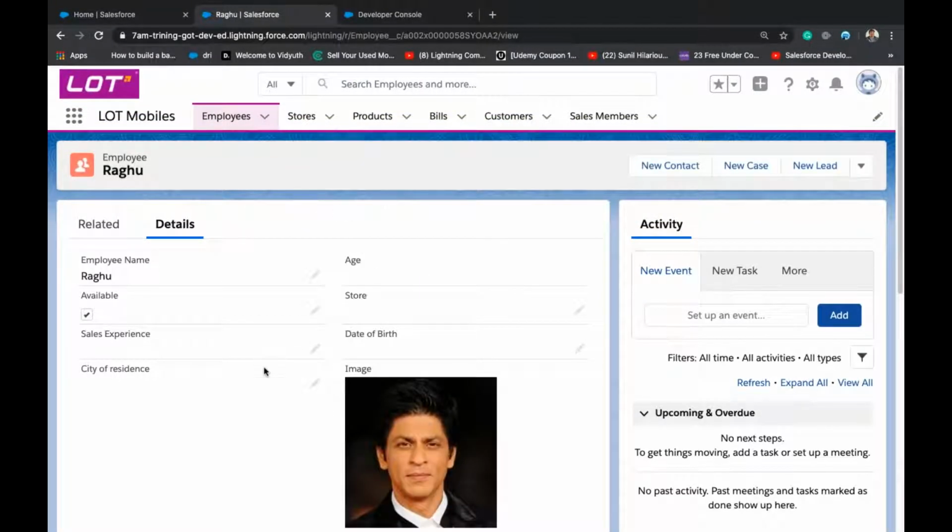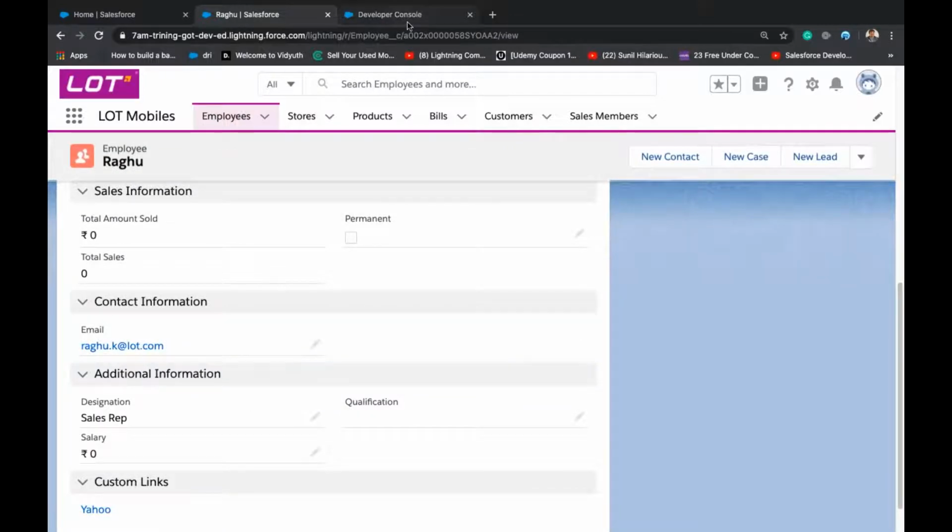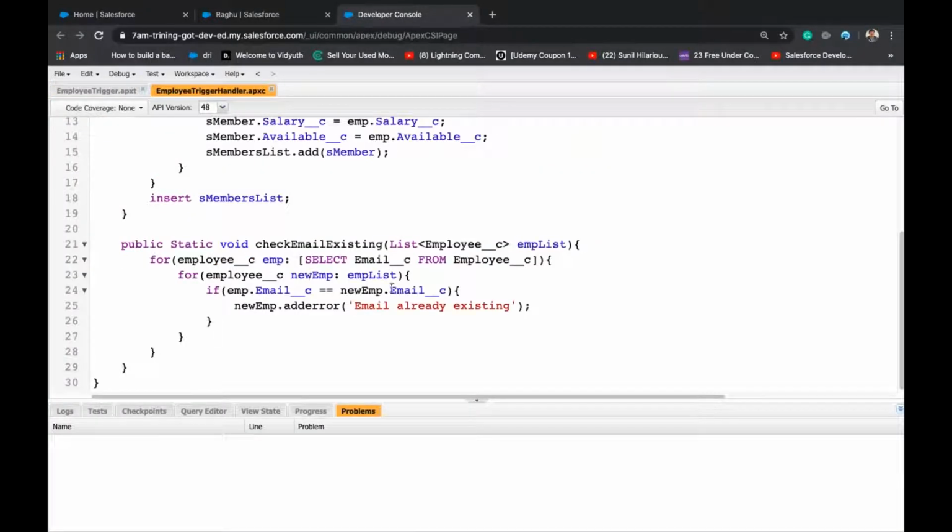So we cannot check this. We cannot write this kind of validation in point to click because we don't have an option to check the database in any of the tools. We have an option to check from the database in flows. Apart from flows, we cannot do this logic in any other point to click. We'll discuss flows later because you need to understand what is variable, what is query, all those things. That's why I told you after you learn some coding, we'll talk about flows.